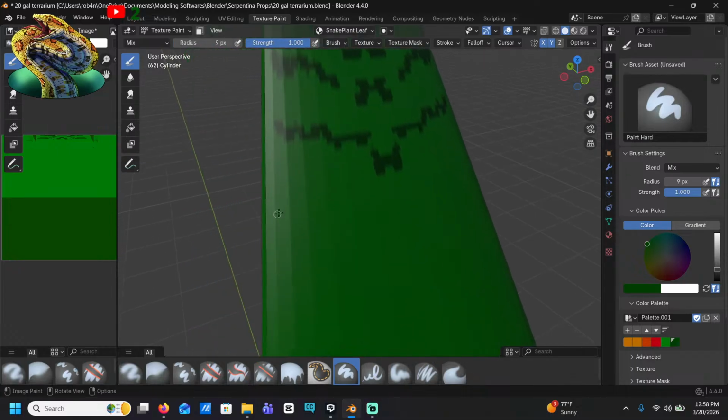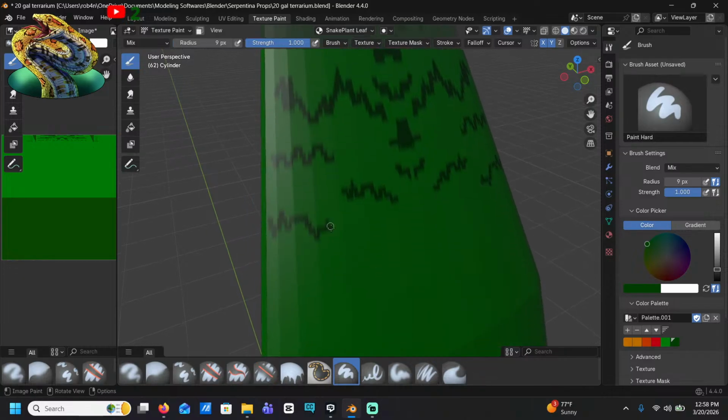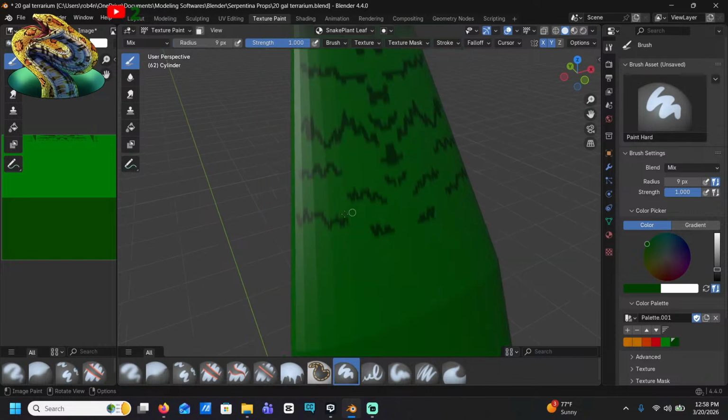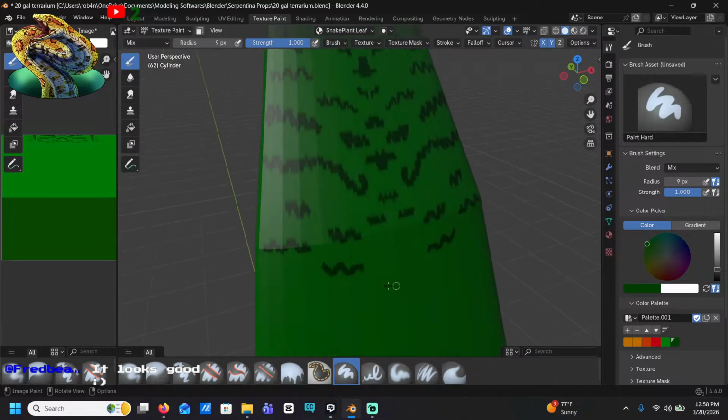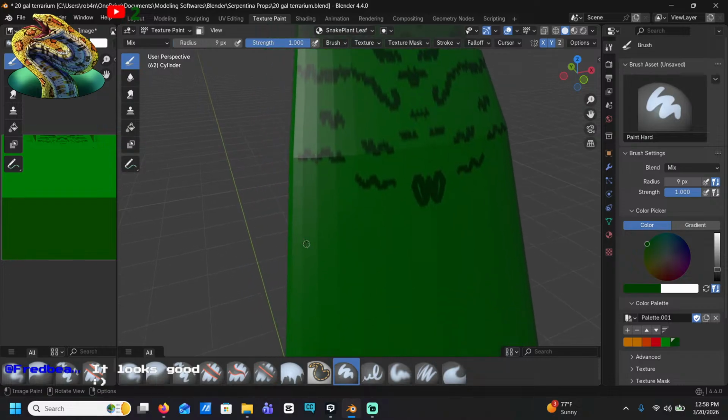Yeah, it looks ideal. It looks exactly the way it's supposed to look.